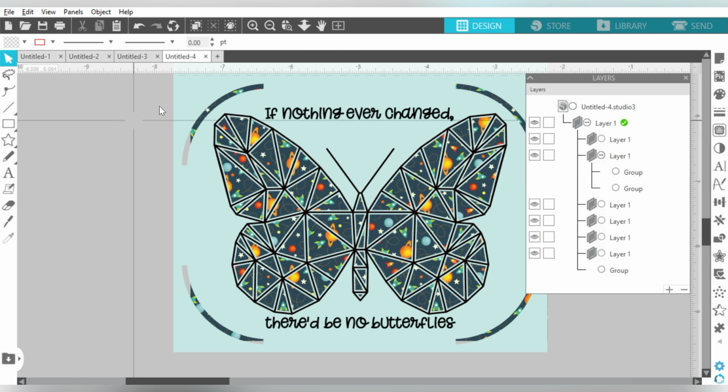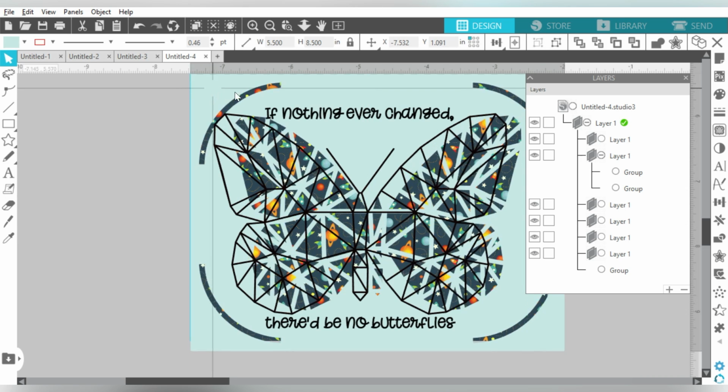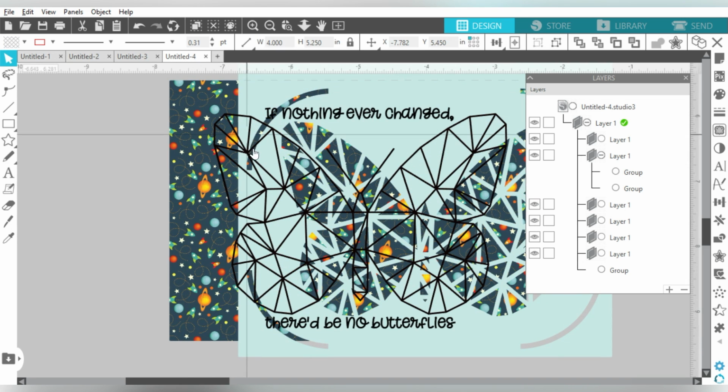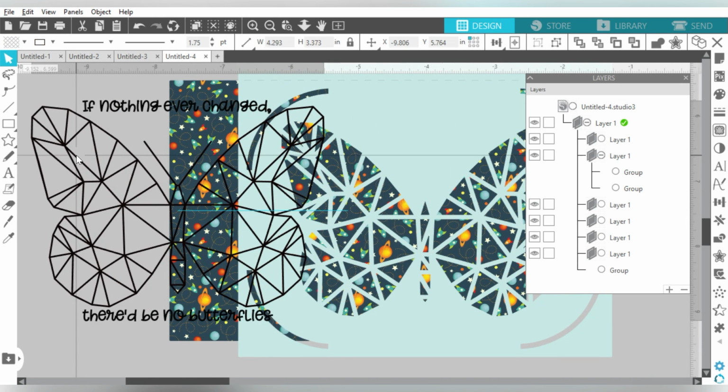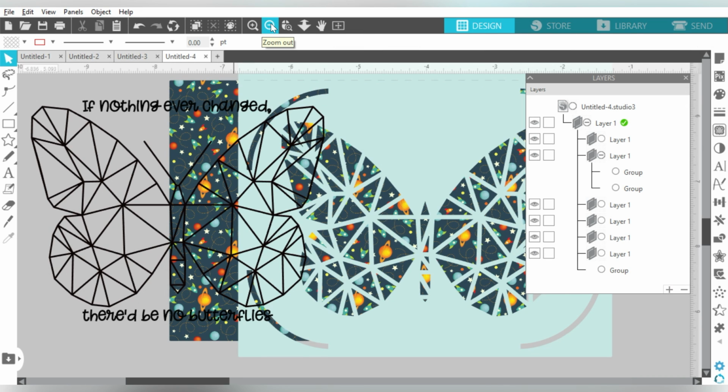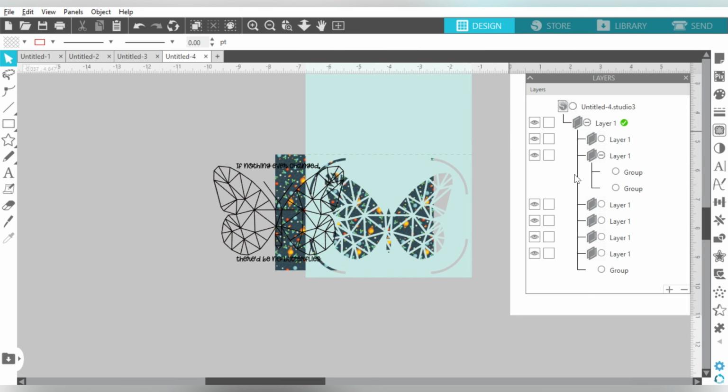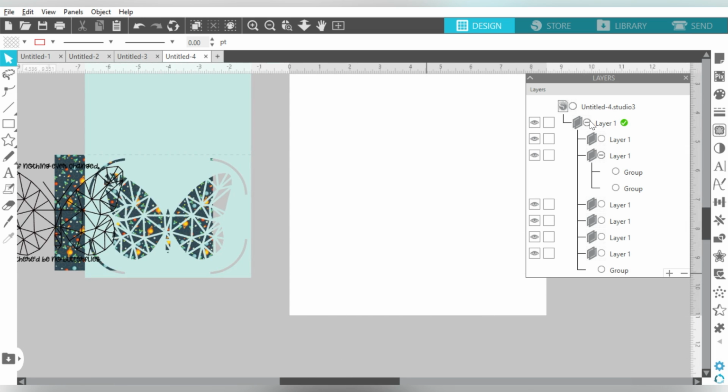But so that's 3 different things. We will be cutting cardstock, we will be cutting pattern paper, and then we will also be using a sketch pen. So 3 different things that we'll be doing. Now let's go ahead and take a look at what we have going on. We have our main title here, of course, just untitled. This is not a saved file that I'm working with, but we have it all grouped under one layer.